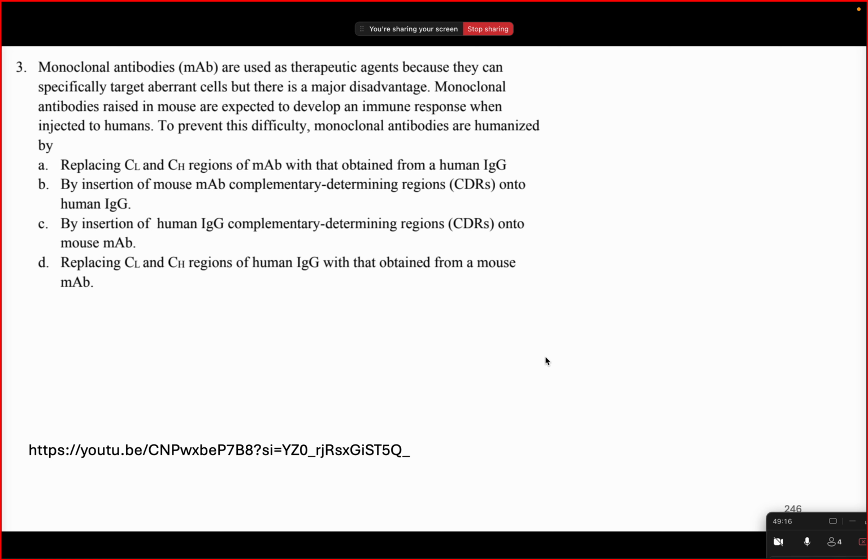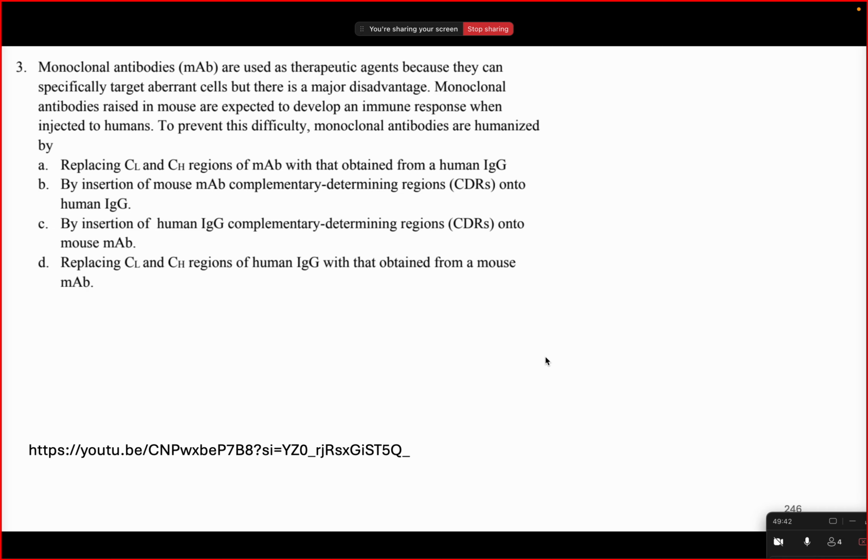Monoclonal antibodies are used as therapeutic agents because they can specifically target aberrant cells, but there is a major disadvantage. Monoclonal antibodies raised in mouse are expected to develop an immune response when injected to humans. To prevent this difficulty, monoclonal antibodies are humanized by replacing Cl and Ch regions of MAB with that obtained from